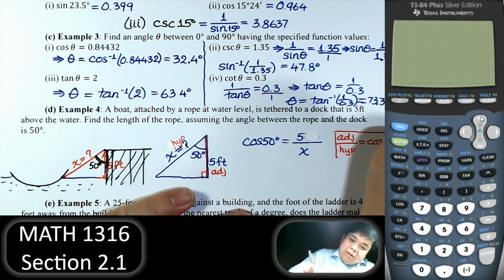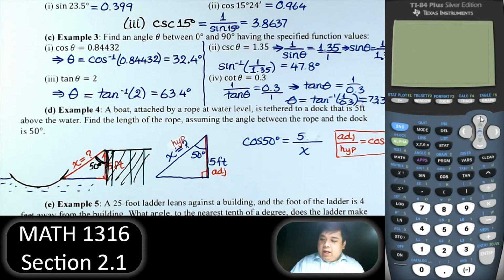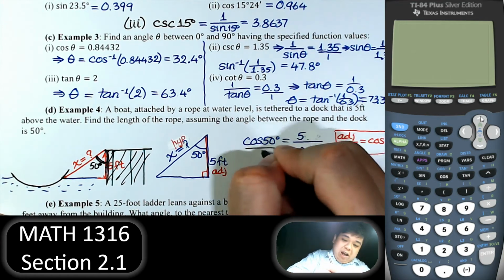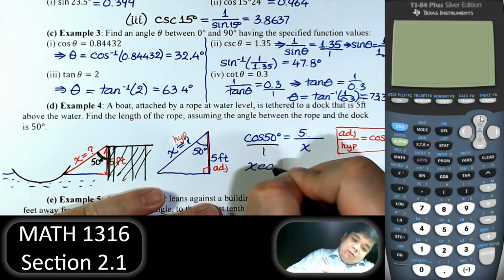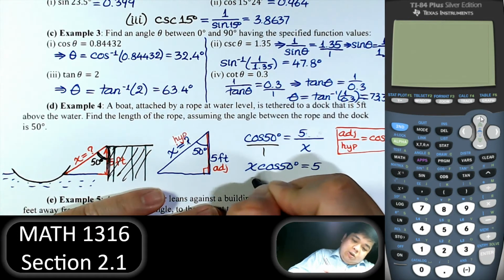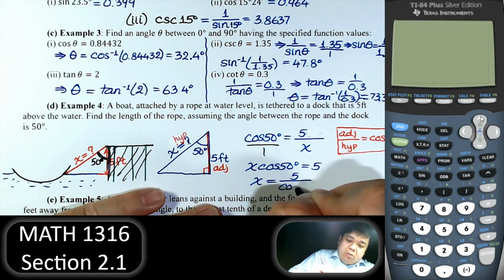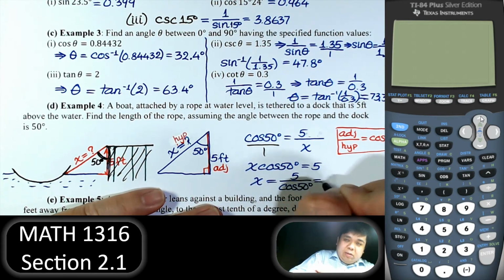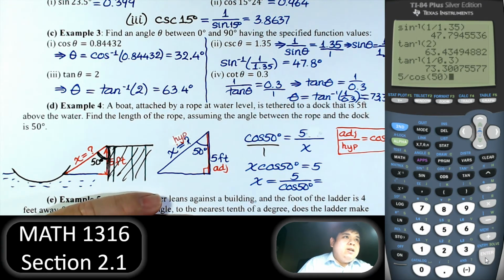So adjacent over hypotenuse, so it's that. So it's easy, very easy. Now write that as a ratio, cross multiply. So x times cosine of 50 degrees is equal to 5. So x is equal to 5 divided by cosine 50 degrees, dividing on both sides. So we just have 5 divided by cosine of 50 degrees, and that's